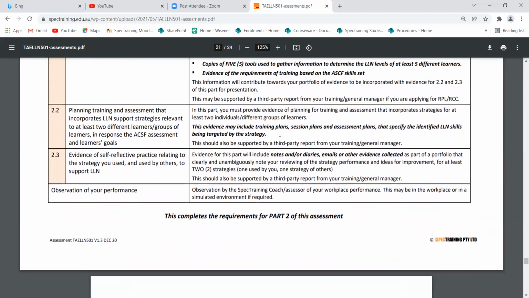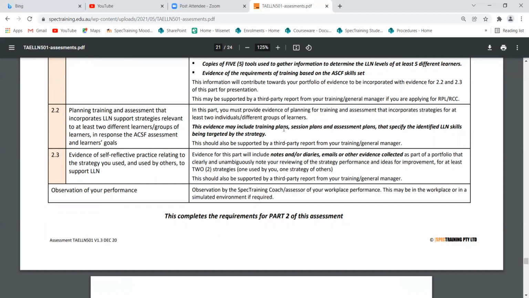Okay. Next, planning, training, and assessment that incorporates LLN support strategies relevant to at least 2 different groups of learners in response to ACSF assessment and learner's goal. In this part, you must provide evidence of the planning for training assessment that incorporates strategies for at least 2 individuals. The evidence may include training plans, session plans, and assessment plans that specify identified LLN skills being targeted by the strategy. Okay, so